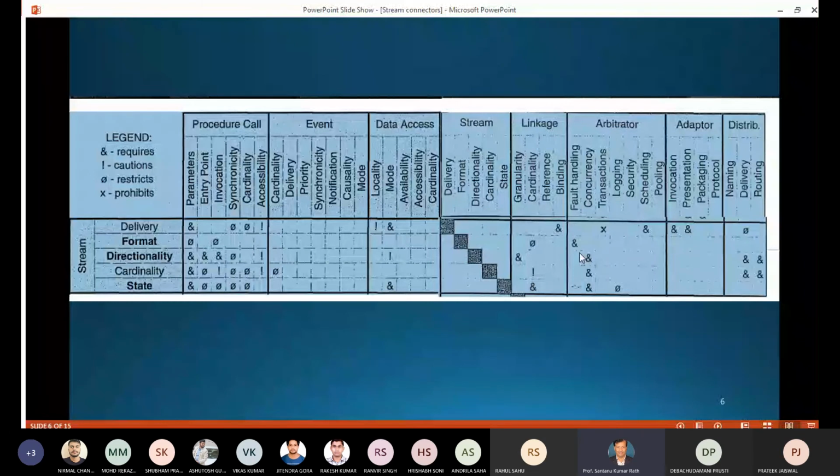I want little bit different. Procedure versus distribution connector you are asking. This is not the same. Yes, how it is being affected.